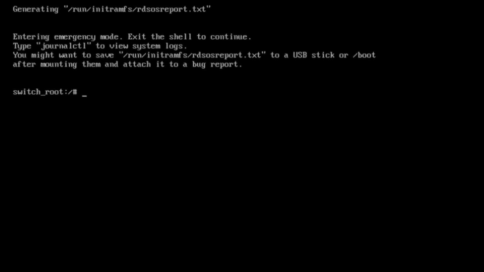On the screen, I now have a basic shell prompt. Here I type the command mount -o remount,rw /sysroot. This command remounts the root file system in read and write mode so that we can make changes. Right now, I am working in the initramfs environment, which is a temporary environment before the real root file system is loaded. Next, I type